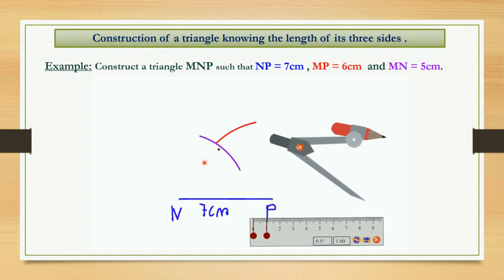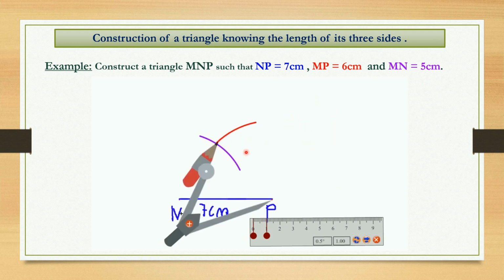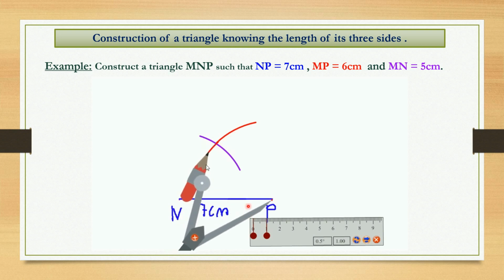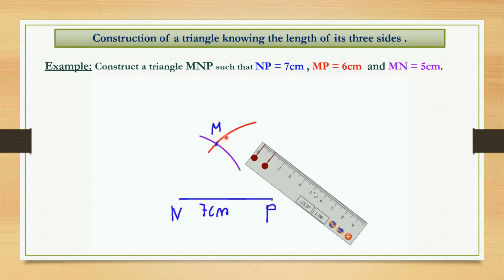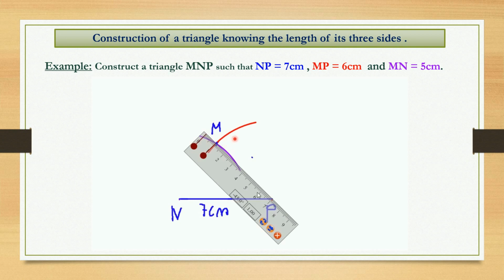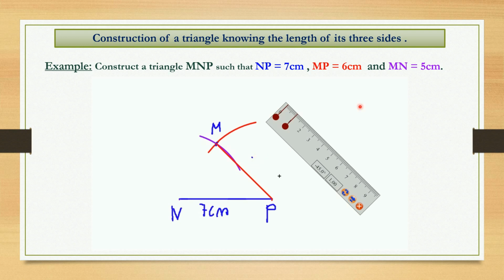If these two arcs don't meet, don't intersect, I can extend it again. So I open it again 6 centimeters and I extend this arc. These two arcs will intersect at point M, and I found the third vertex of this triangle. In the end, what I have to do is join point P to M using my ruler, and it will be in fact equal to 6 centimeters, because PM is a radius of this red arc